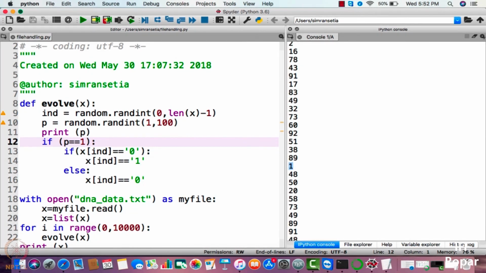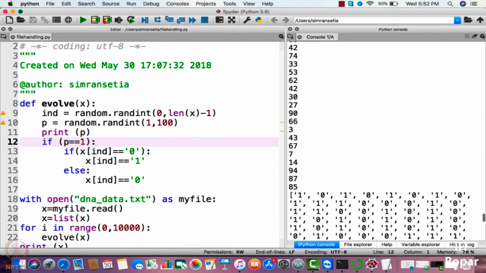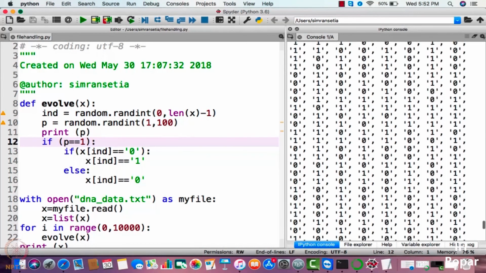So in this particular case the change will take place, otherwise the change will not take place. Please keep this fact in mind. I don't think we have another one here. Let us check it again. You can dry run this particular program and see whether the change is taking place or not.